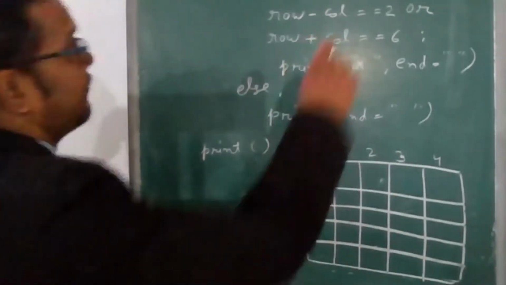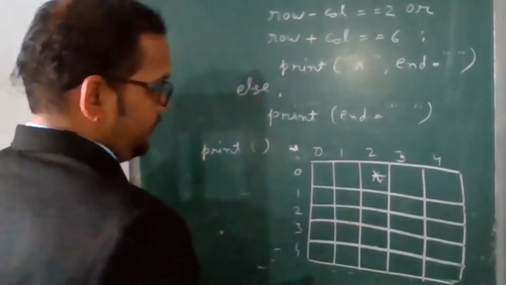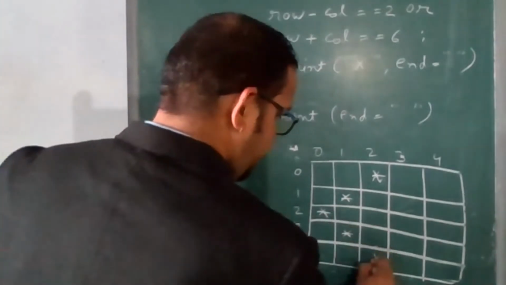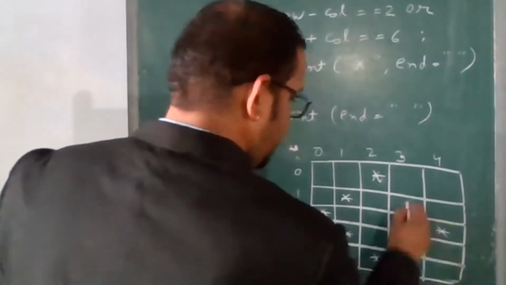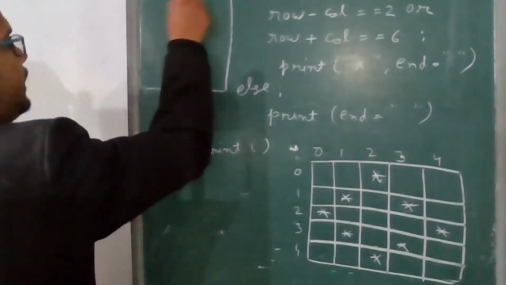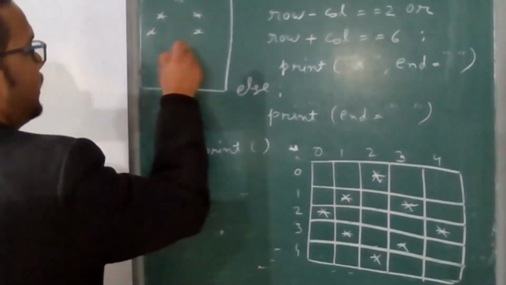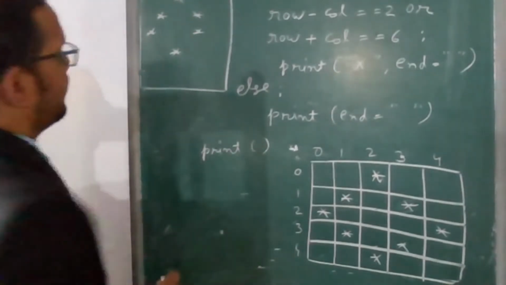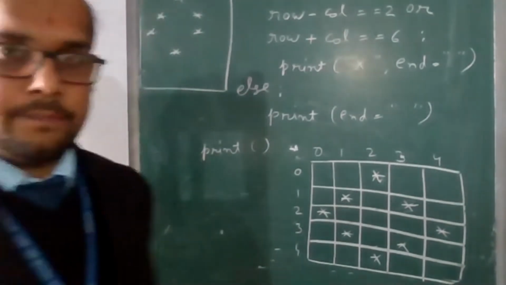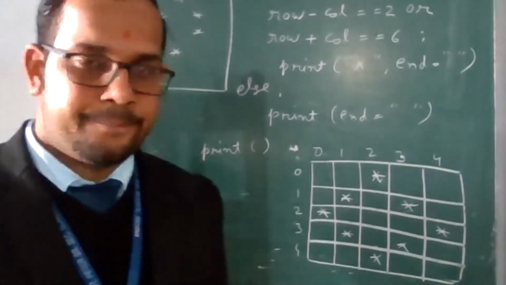Then I want to make star patterns like this: 1, 2, 3. Then this is the pattern of star. Here you look, 1, 2, 3. Similarly 1, 2, 3. Clear? Like this. This is the pattern of star, meaning a diamond shape. Hollow star in a diamond shape. This is the pattern. Clear?